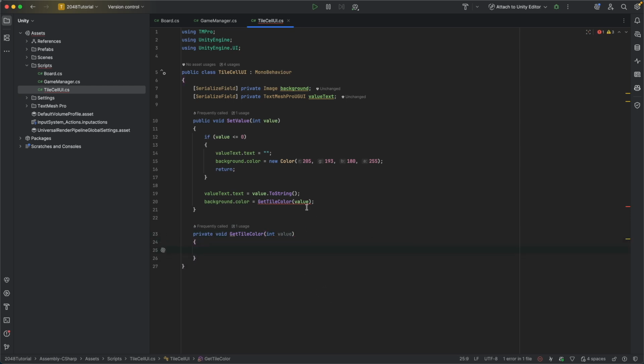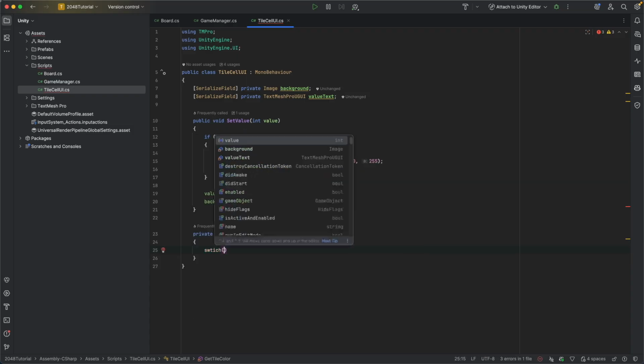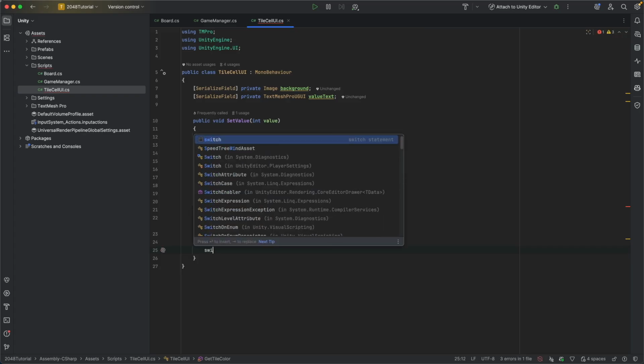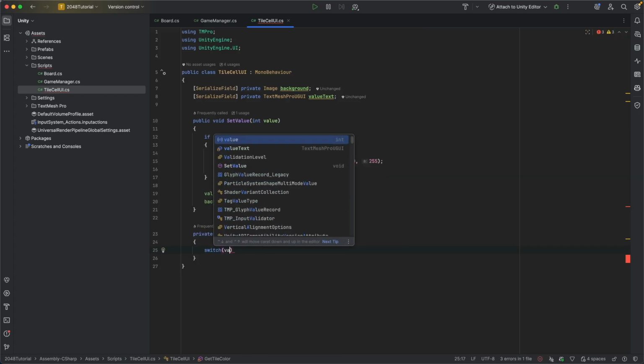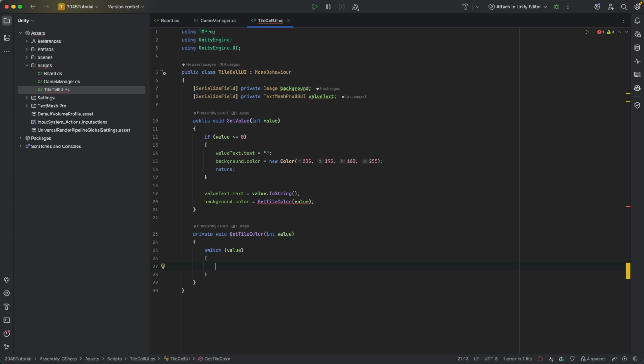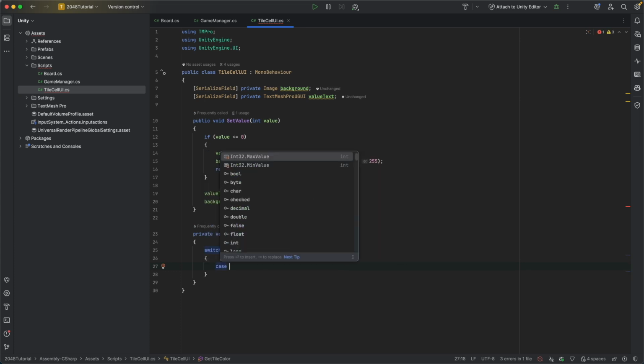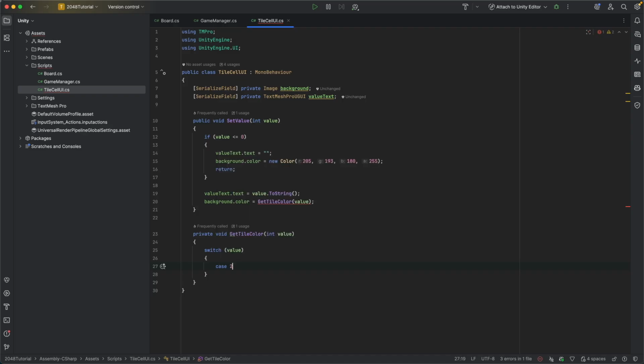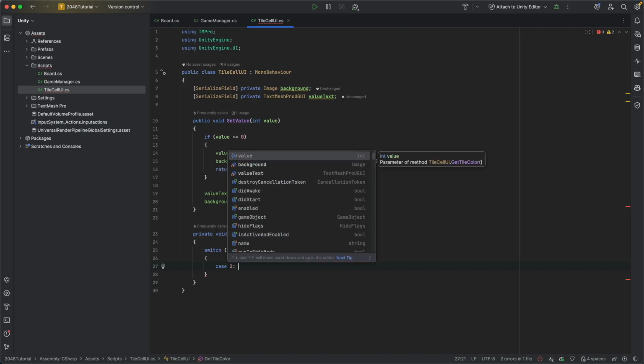What this function will be doing is, based on the value of the specific tile, it is going to set that tile to a different color. I will just put some colors. You don't have to follow me with the same colors, but if you like, you can put the same numbers. It's up to you. So I will put the switch statement, and we want to switch on the value, and then case. So the value will be the multiplication of 2. So the first value will be 2. If the value is 2, we're going to return